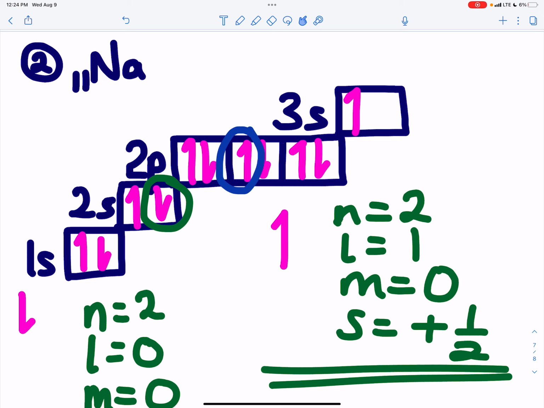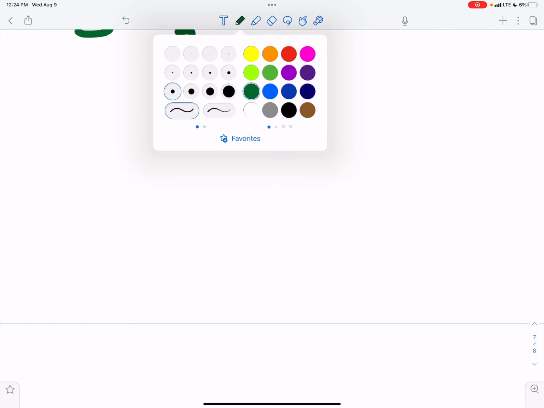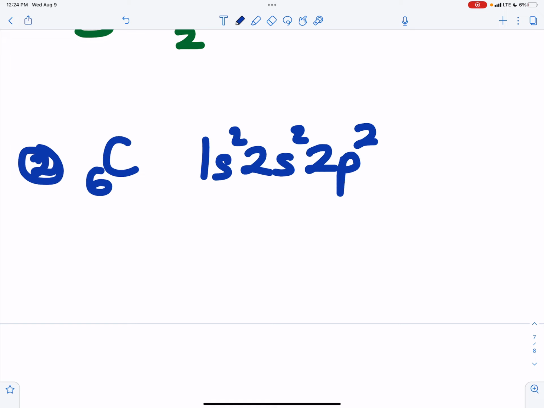Let me give you one example here. It's very easy. Let's say I'm talking about lithium, beryllium, boron, carbon. Okay, let's talk about carbon. Carbon is 6. The quantum electron configuration is 1s2, 2s2, 2p2. That's 6. If I was drawing, my diagram would look like this: 1s,